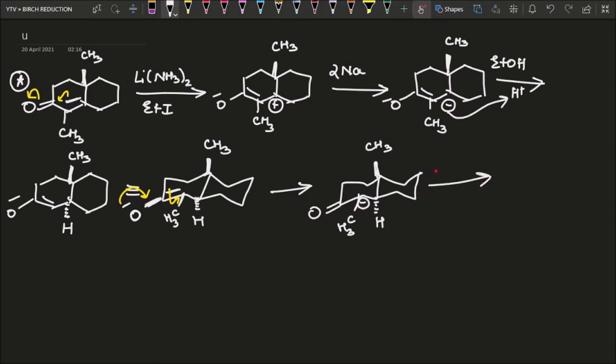Now what we are adding in the second step is ethyl iodide. So this negative charge will attack this ethyl group and iodine is going to get eliminated. Now the question is in what configuration will this ethyl come, whether it will come from the top or from the bottom. If you check the substrate, CH3 is present on the top position. CH3 is a bulky group, so obviously the ethyl group is going to attack from the bottom. So the final product is going to be,